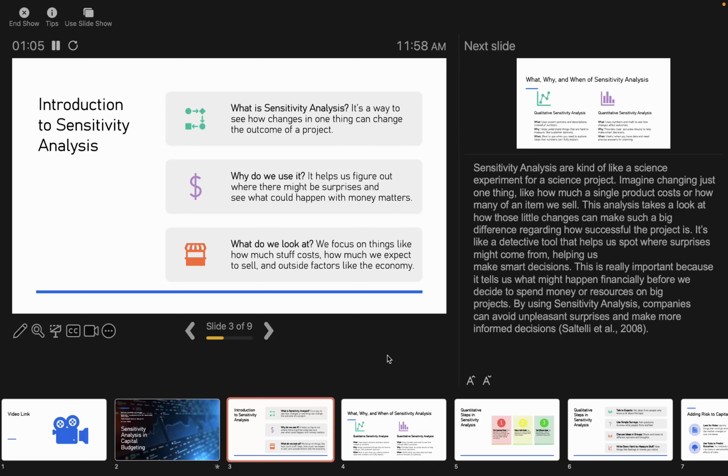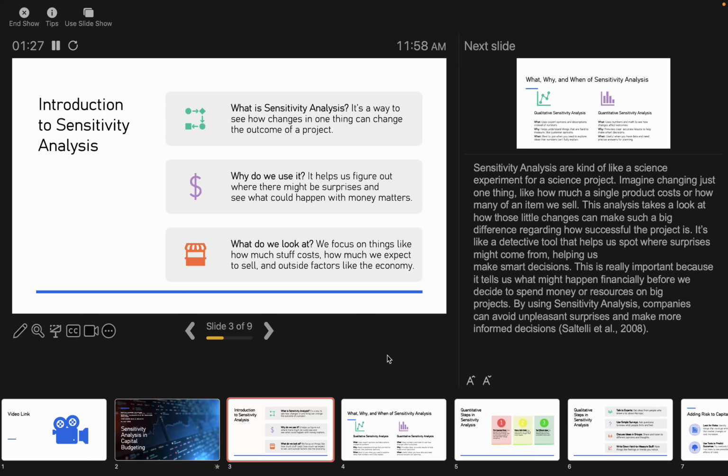Sensitivity analysis is kind of like a science experiment for a science project. Imagine changing just one thing, like how much a single product costs or how many of an item we sell. This analysis takes a look at how those little changes can make such a big difference regarding how successful the project is. It's like a detective tool that helps us spot where surprises might come from, helping us make smart